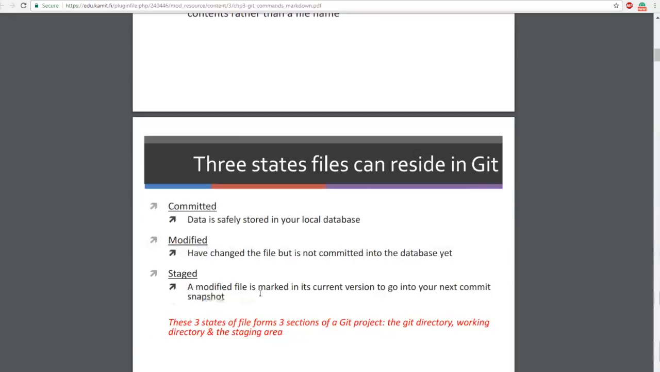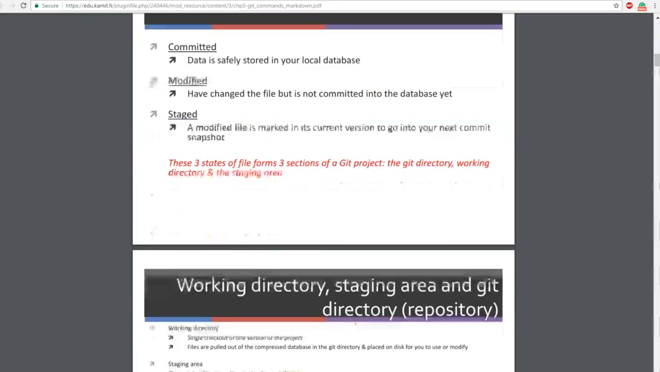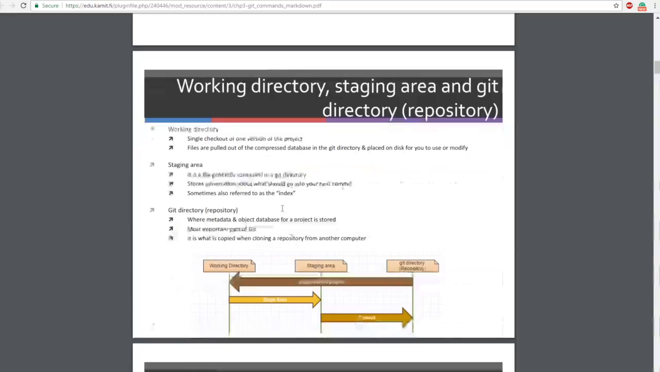Staged: a modified file is marked in its current version to go into your next commit snapshot. So you have done some changes and then you have staged it. It means that when you do your next commit, all these modified files are marked in the current version. The three states of a file form three sections of a Git project: the Git directory, the working directory, and the staging area. So read again these slides to understand what is the working directory, what is the staging area, and what is